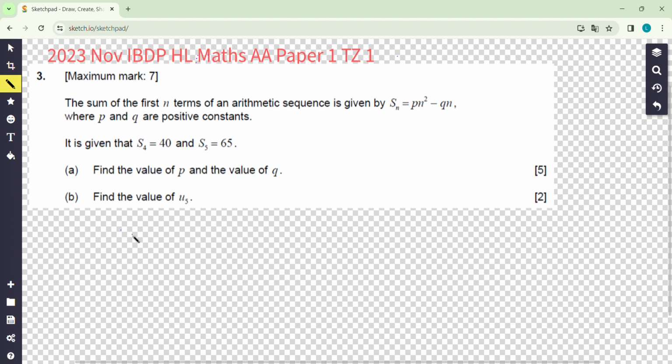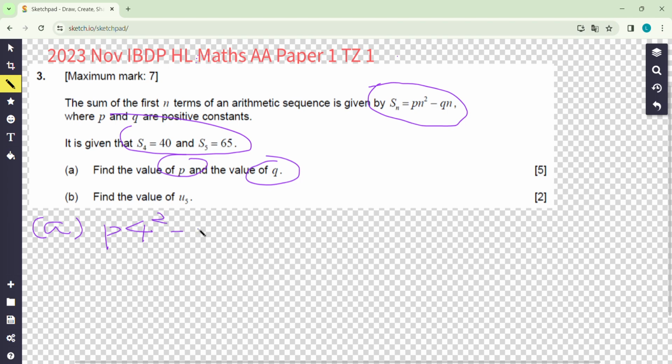Question number 3 is about arithmetic sequence. You have the equation here, Sn equals Pn squared minus Qn. You want to find P and Q. How? Two results are given, so we try to work on it. Just do the substitution. S4